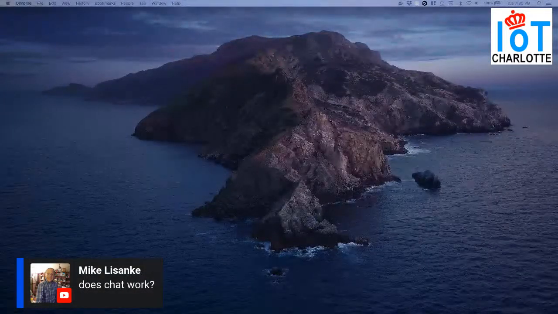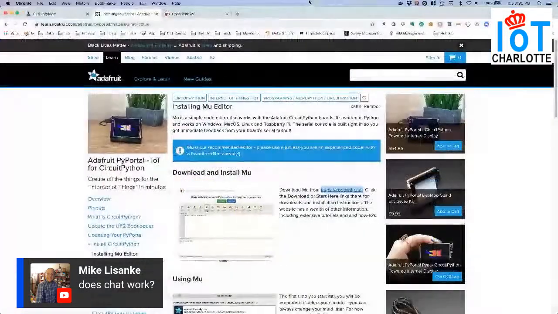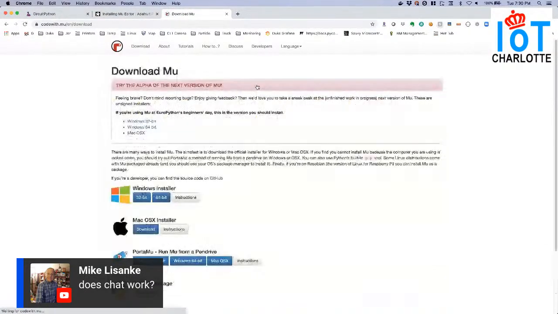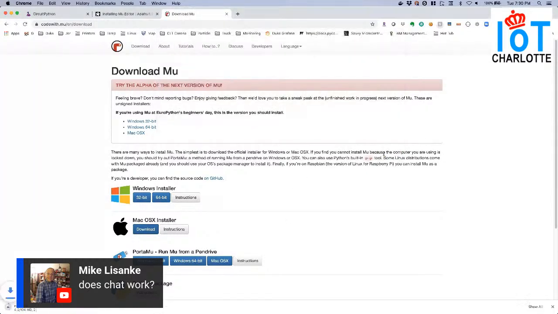Sorry, guys. So this is Mu, pretty simple to run. Sorry, I didn't know, guys, but we can't do screen sharing on a PC under Chrome with StreamYard, so I have to do it on my Mac.